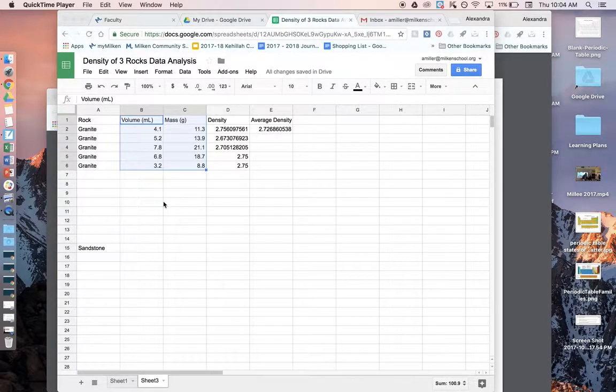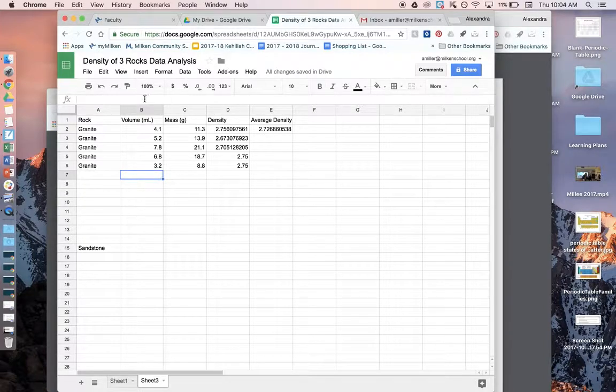All right, I'm going to show you guys how to make a graph of mass versus volume on a spreadsheet. You can do this by hand, but it's really fast on the computer. One thing you need to be sure you do first is make sure that your volume column is to the left of your mass column. So this is going to be your X, and this is going to be your Y. You highlight all of the data,